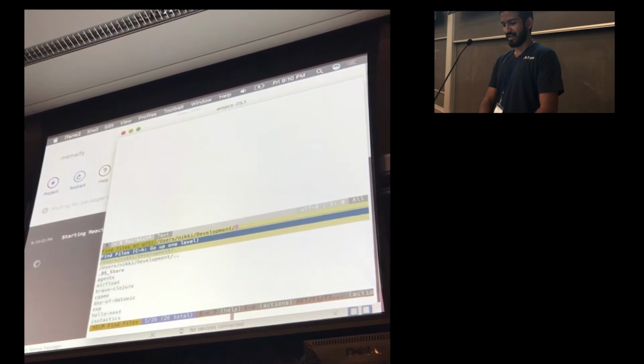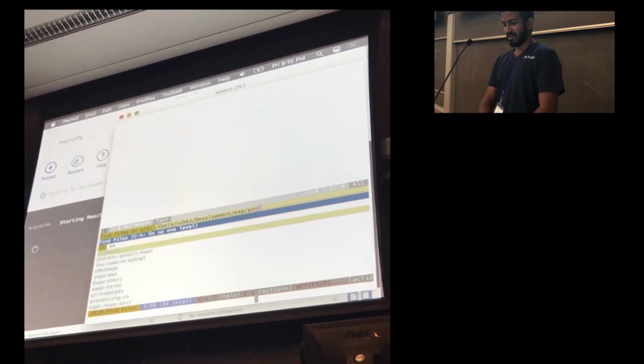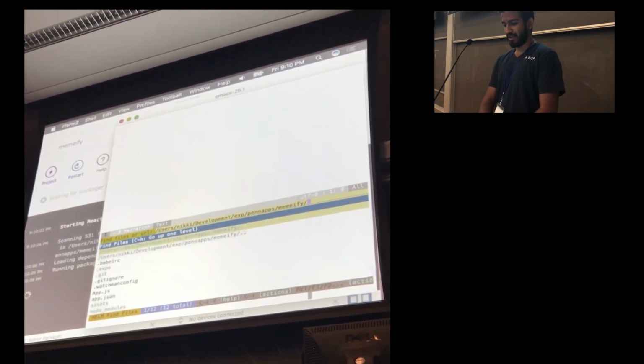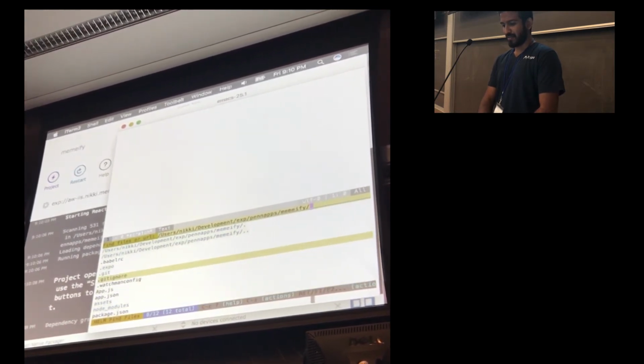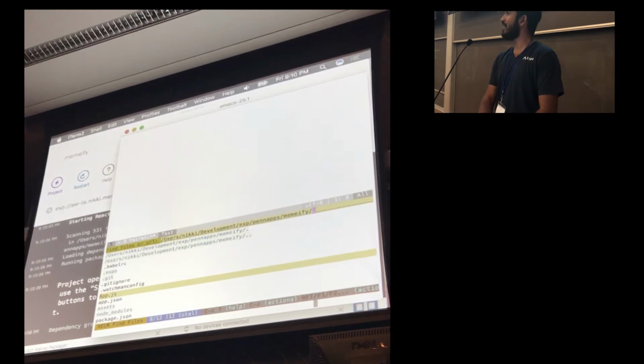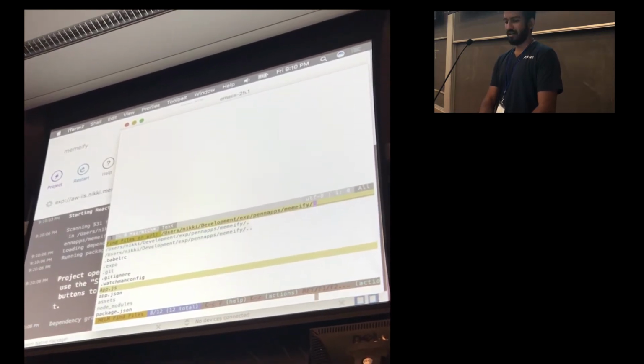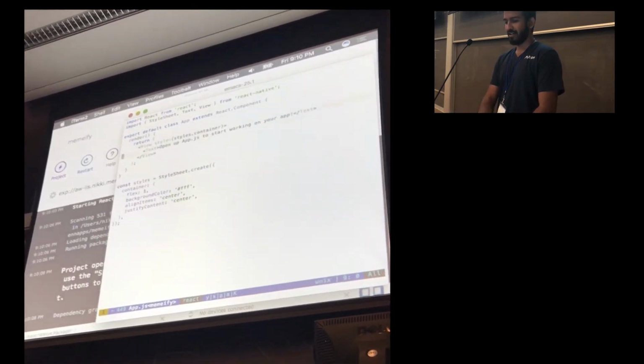I'm going to open that in Emacs, but it's actually Emacs with Vim keys. It's sort of weird. Anyways, I'm going to open Memify. And over there, you'll see a bunch of project files. The main code file for now is app.js. And in there, it'll just say,